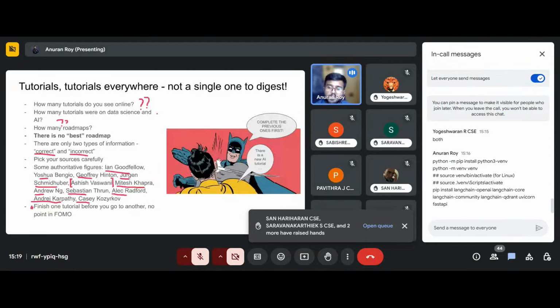By the way, for the others who have come here, please do copy the commands from the chat, because otherwise you won't be able to set it up, or you have to again refer to the internet for everything.